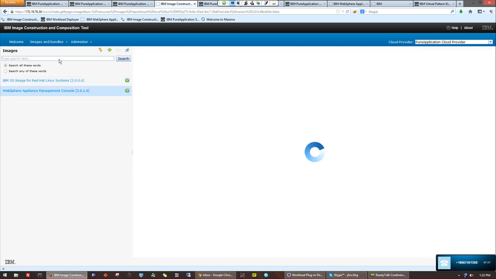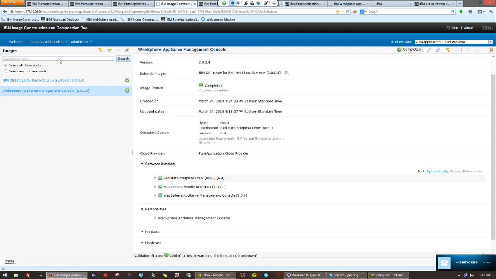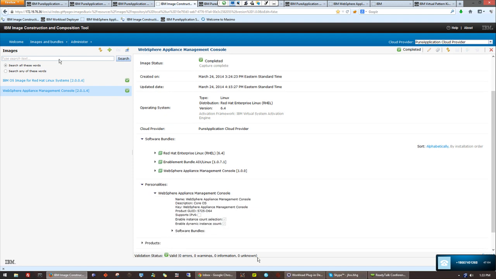And this is what you would come out with for my particular solution. So I added the appliance management bundle, and the machine itself added the enablement bundle. And I changed the personality just because I wanted, it's actually still the same personality, believe it or not. I just changed the name because when this comes out on the PureApp pattern deployment screen, I want it to say WebSphere Plant, what it really is, so it's not confusing about 400 different images that are all Core OS. That gets very confusing. So it's canonically named, and then still has all the products and licenses associated with it